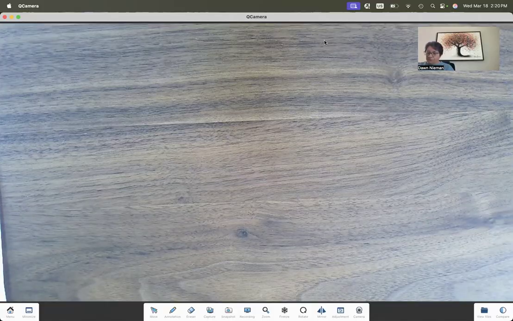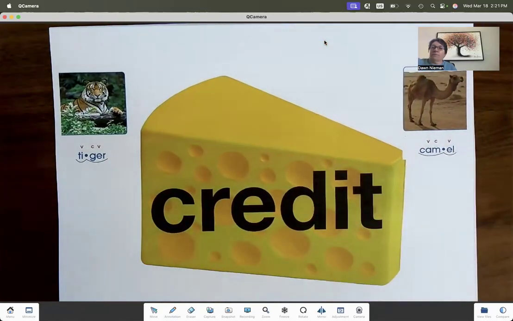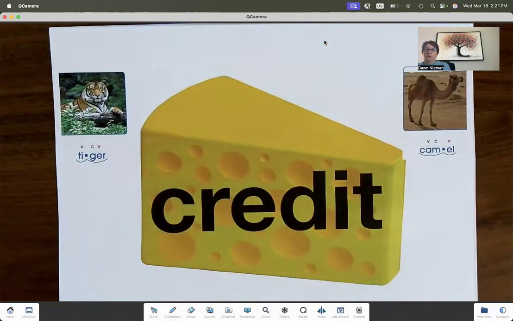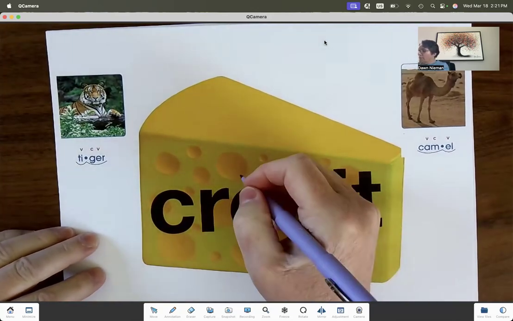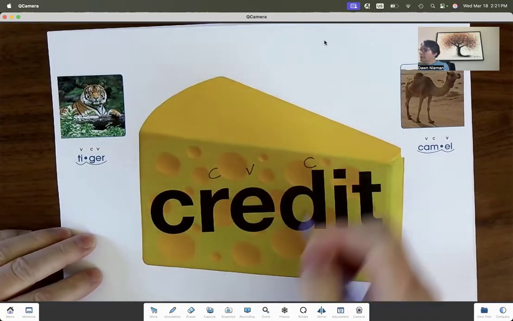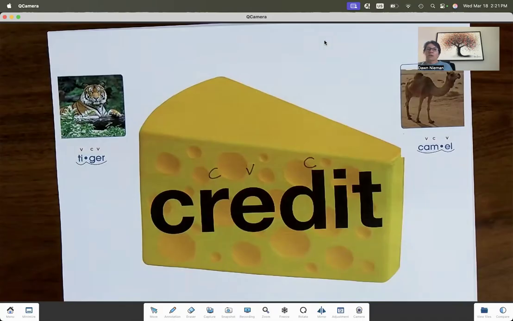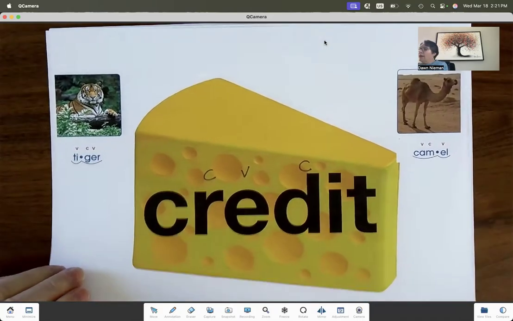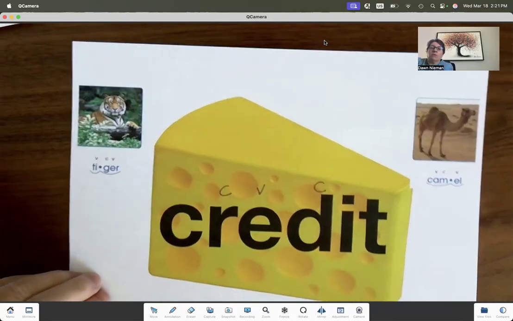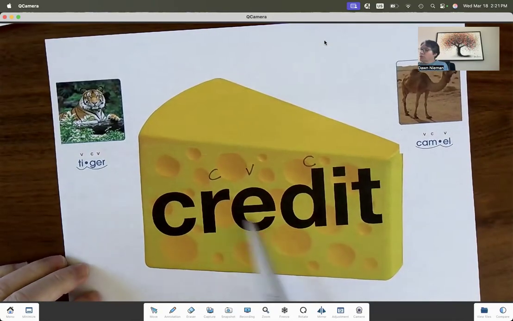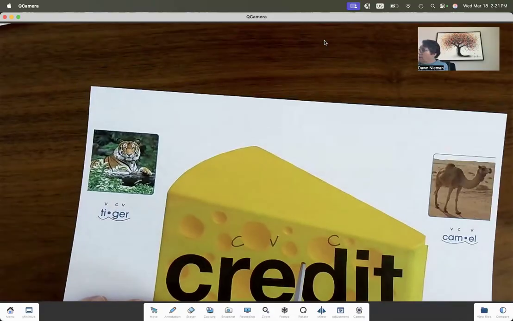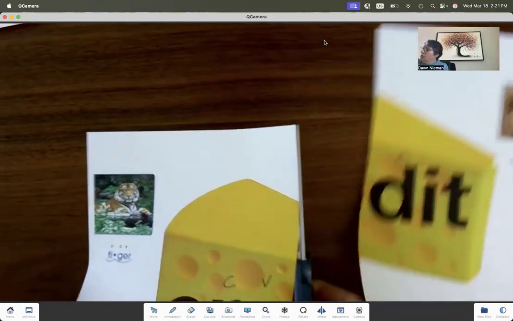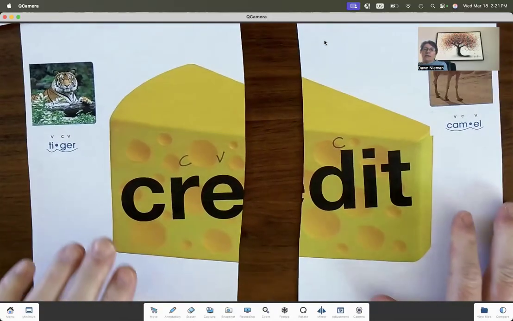If we take a look at some words, I've got this for you, and this is actually in your Google Drive folder if you've taken class with me. You see that there is one vowel here between these two consonants. What you're going to do is split this word as an open syllable, and when you do, this vowel is going to scream his name, just like a tiger is loud and he roars and he screams. When I split this, when I cut the cheese in this example, I'm going to say credit,